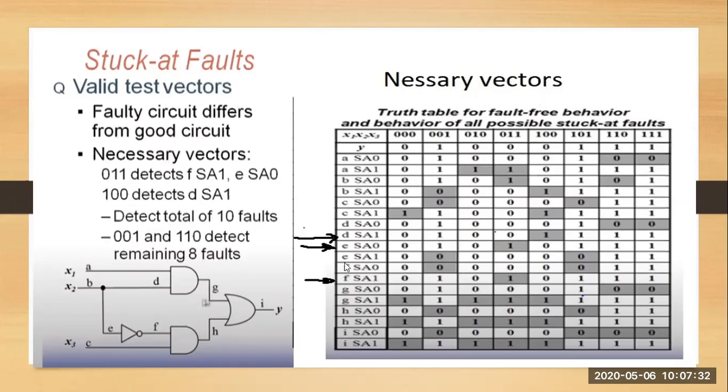So these are the necessary vectors. For this one, 0, 1, 1 gives one differing output. In the same way, for E you have 0, 1, 1 as a necessary vector, and we can treat it as only one difference. The same thing here: 1, 0, 0 gives a difference at the output side. So among all the possibilities, the differing output can be separated, so that we can identify and rectify the circuit in a very efficient way, and the time delay in the computation will be reduced.